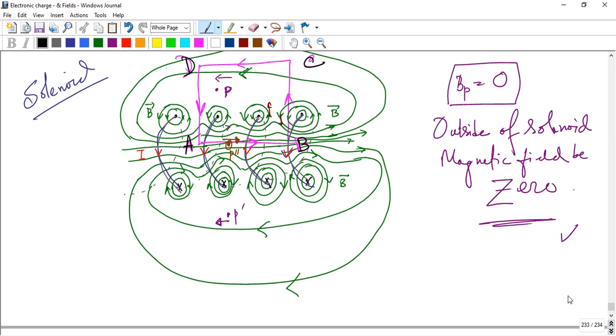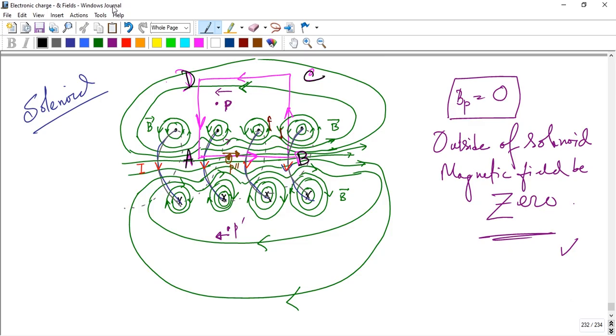So see that carefully. The A to B part. The total magnetic field is the closed line integral of B dot ds, which is equal to the integral from A to B of B